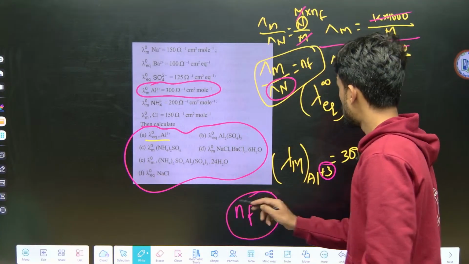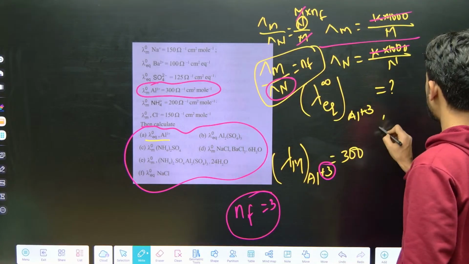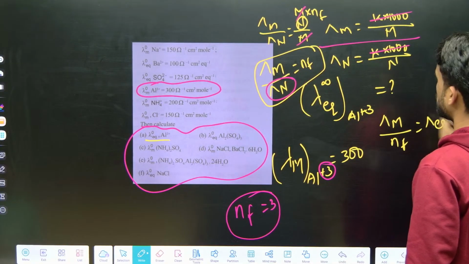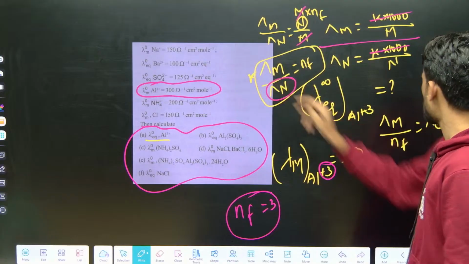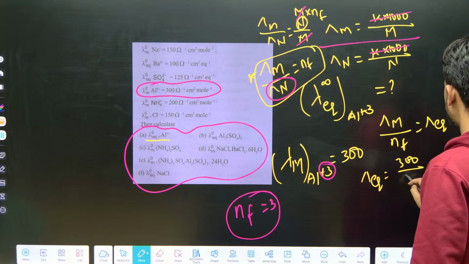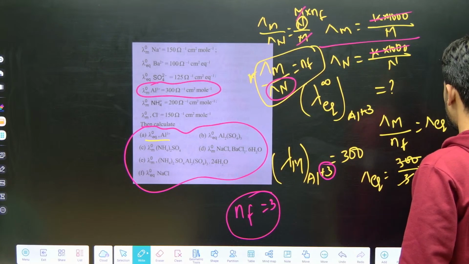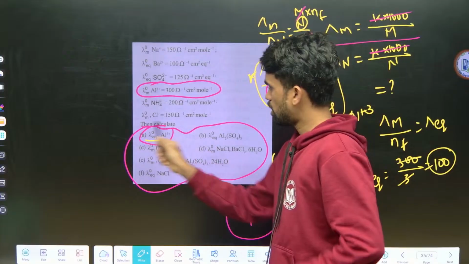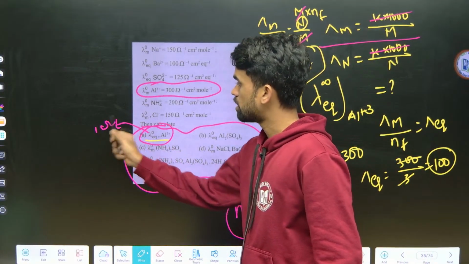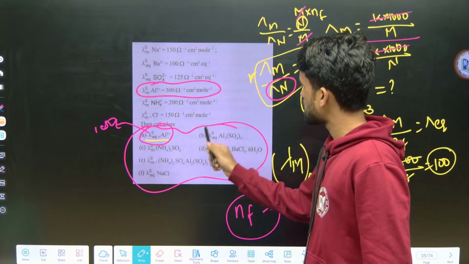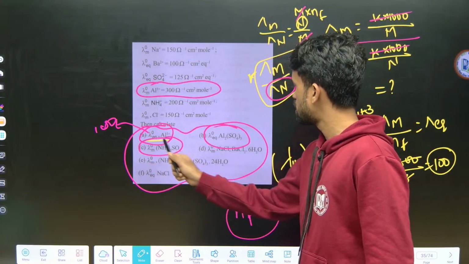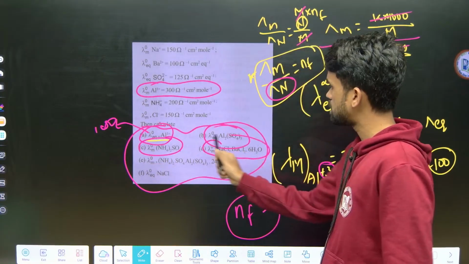Del M by n factor equals del equivalent, from this relation. So del equivalent equals 300 by 3, it will be 100. So the equivalent conductance of aluminium plus 3 ion is 100. In a similar way, you can calculate for aluminium sulfate and ammonium sulfate, and all these chlorides,